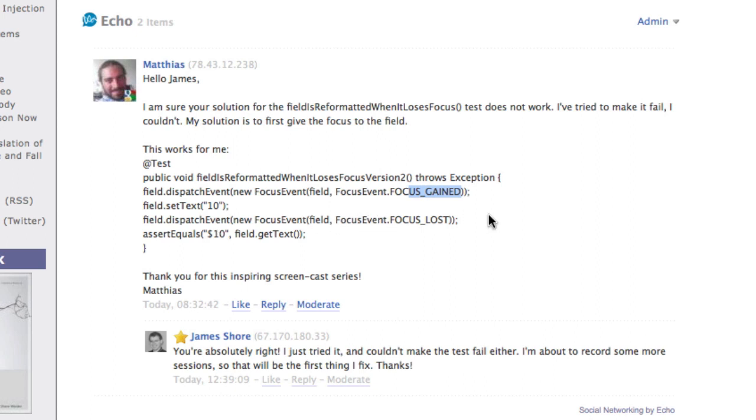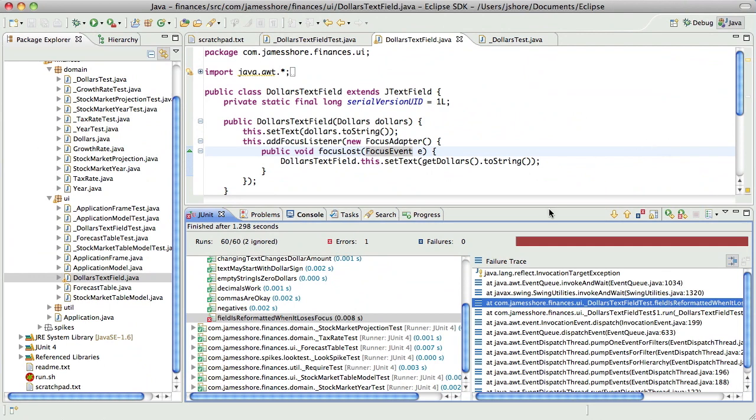That worked, he said, but that concerns me a little bit because the event handler is on a separate thread as far as I know. So if this works, I think it's working by coincidence. So I don't think I want to try Matthias' solution. If I'm wrong, I'm sure some of you out there will let me know why, but that doesn't feel right to me because we're dealing with multiple threads here, I think.